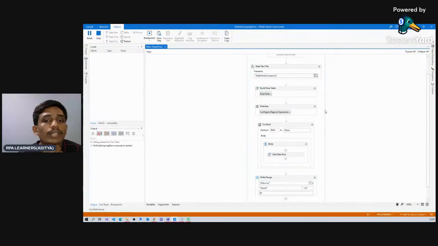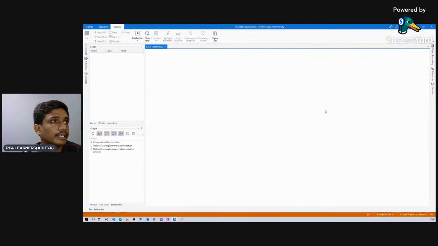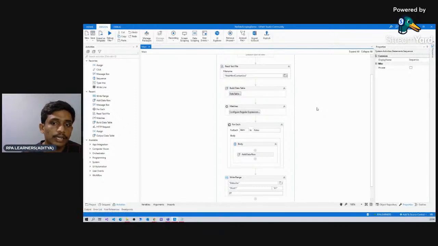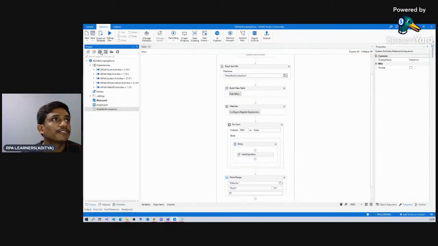If you have any doubts, you can mention them in the chat if you want to. And let's see the execution. It is completed. So let's see the Excel file that it created with all the values that are required. Let's refresh this, and you can see the data.xlsx here. If I click on that,